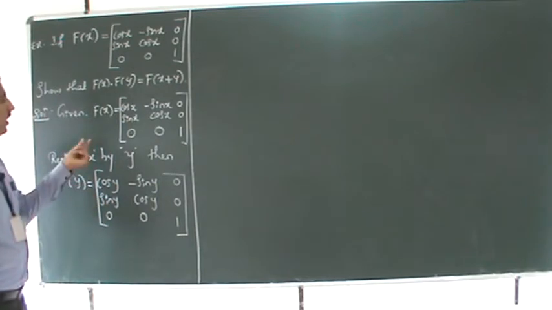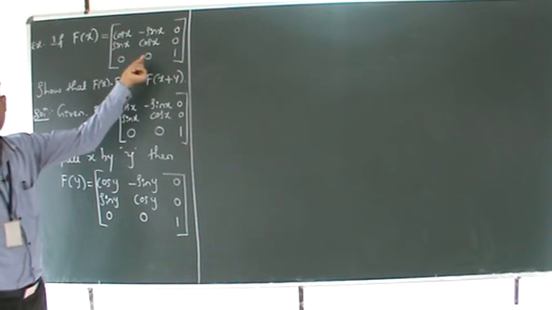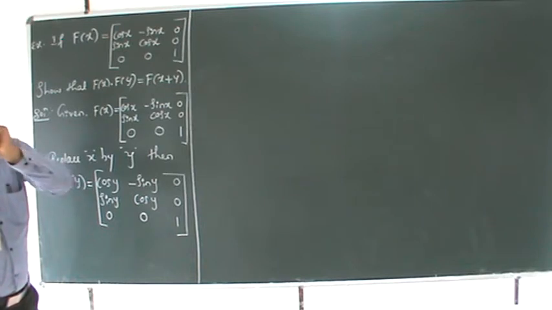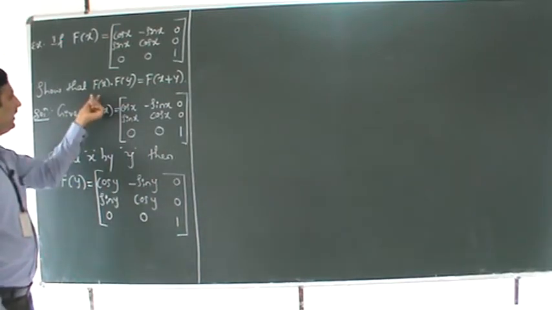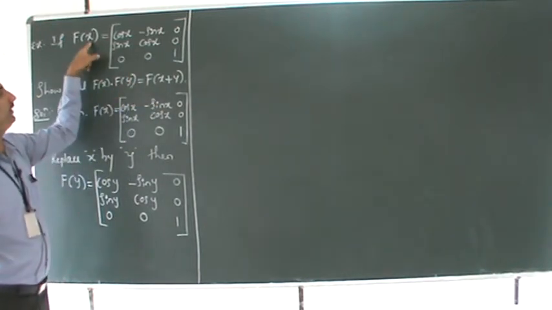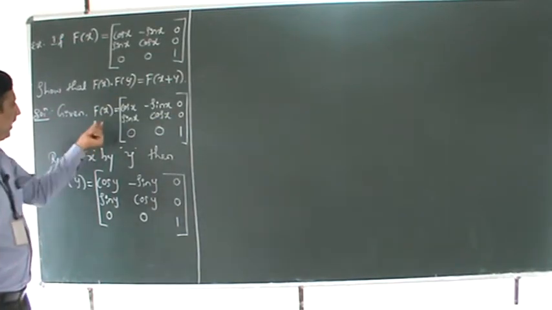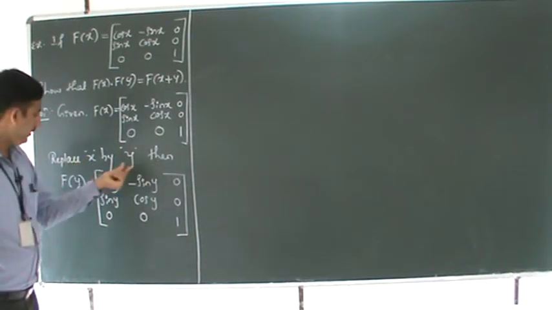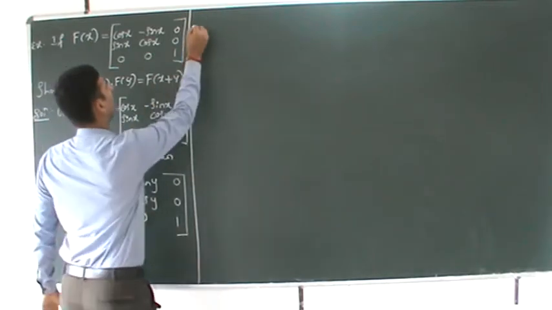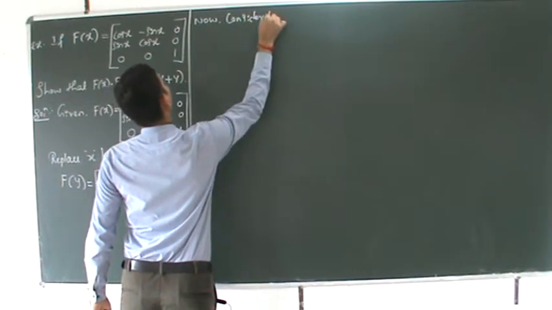But suppose if you replace x by x plus y, then you ultimately get the value of RHS, but the process is very short. If the question is based on 5 marks, you should take the LHS and do it, and then get f of x plus y. Don't convert by replacing x by x plus y, as it becomes very short. So you should take f of x, replace x by y, then all the values of the x component become the y component. Now consider the LHS.